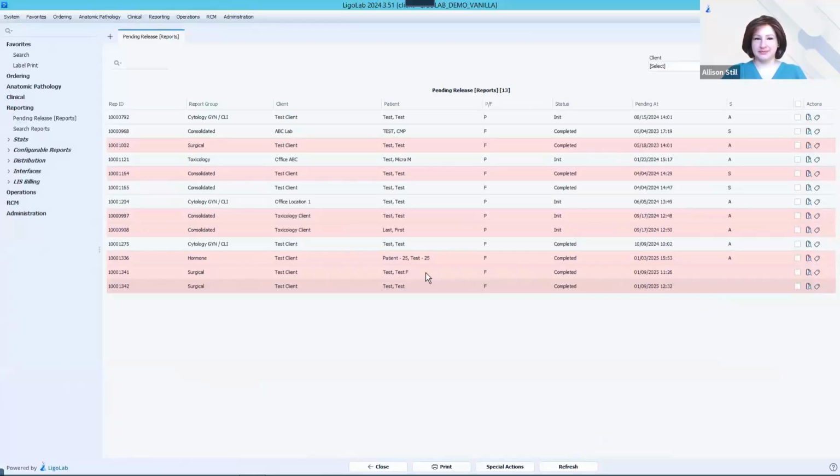wasn't officially released yet. But also, if that feature wouldn't be valuable for your lab, you can set the holding period to 0, in which case there will never really be any reports here unless they have an active hold on them. Once that holding period has completed, then the report will be officially released, in which case it'll